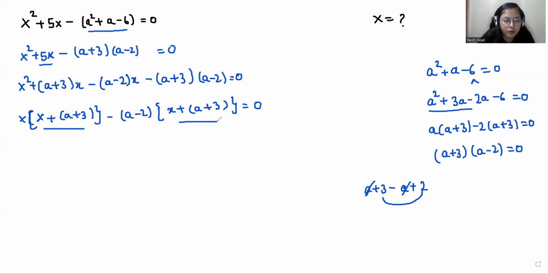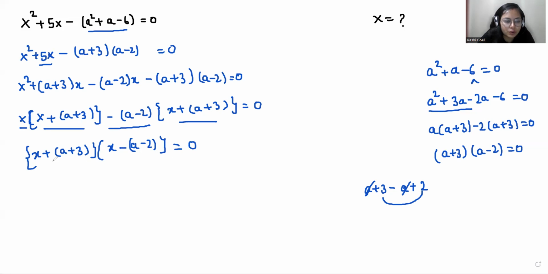So this is common from both the brackets. So x plus a plus 3. What is left? This x and this minus a minus 2